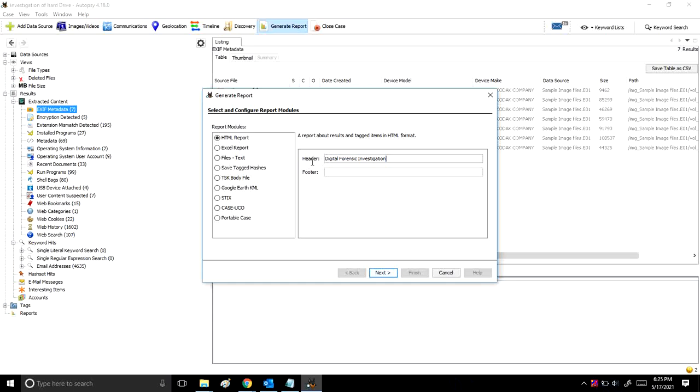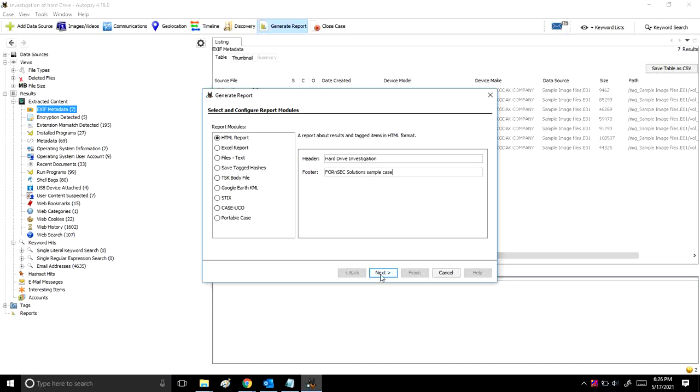what we will do is, here we'll add the header as hard drive investigation, and the footer we'll add as forensic solutions sample case. As we add a header and footer to a document, this is just the same. The report will consist of this header and footer. Whatever changes you want to make in the header and footer, you have to do here itself.